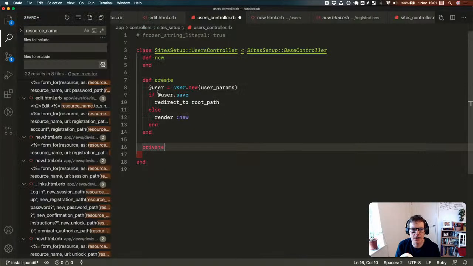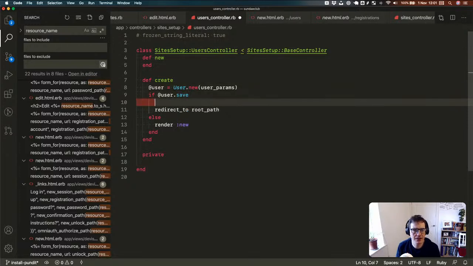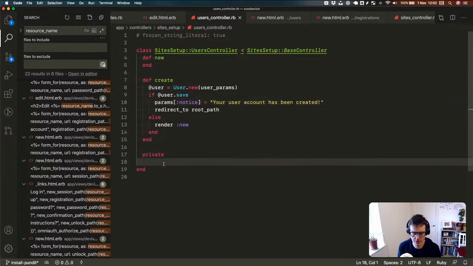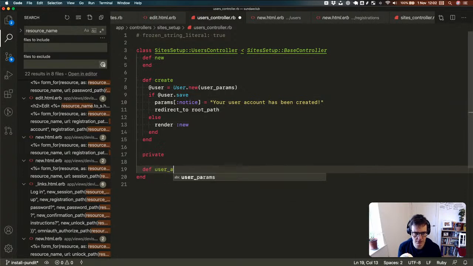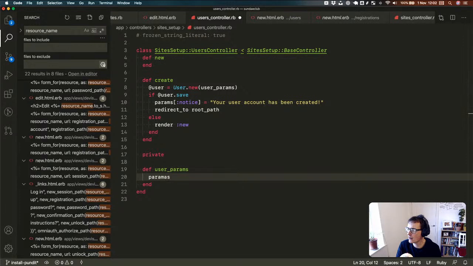Okay, let's give this a try. Oh, I only pseudocoded this. Will this work? So let's put the params on this line here. Let's just put a message: your user account has been created. Cool. And then we're just going to take them to the home page. Cool. So we need our params then. But the only ones we need, I think, are